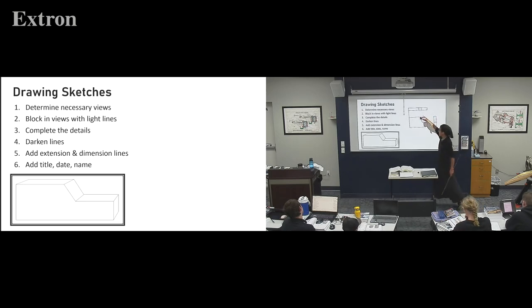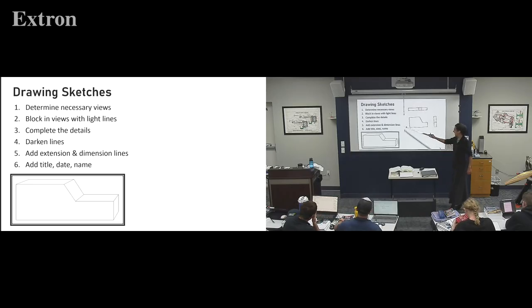It says then to darken the lines, which I can't really darken more with my marker, but you could go with your pencil, make the outlines a little heavier. And then you add extension and dimension lines. So if I wanted to, I could add an extension line here, and then put this